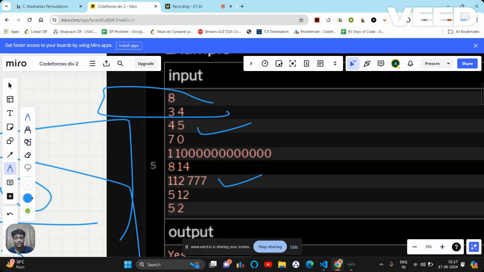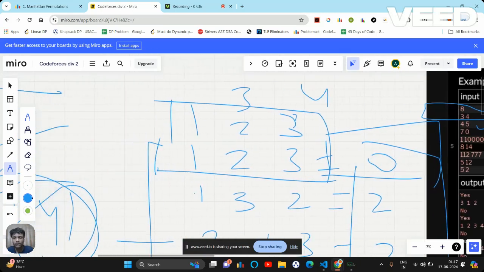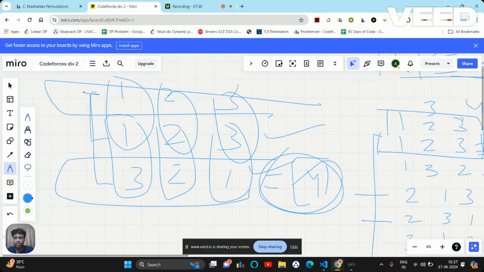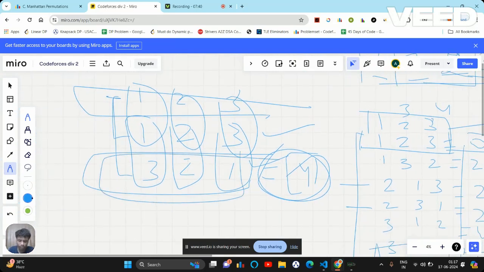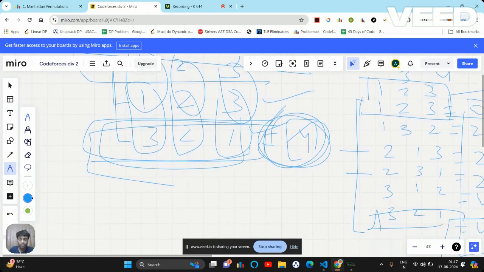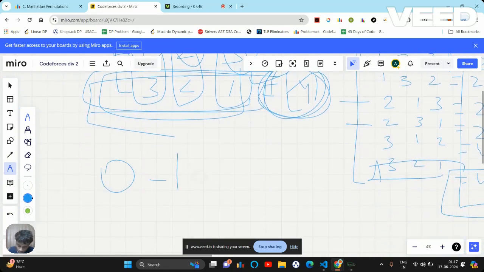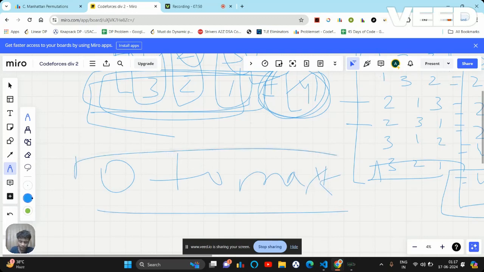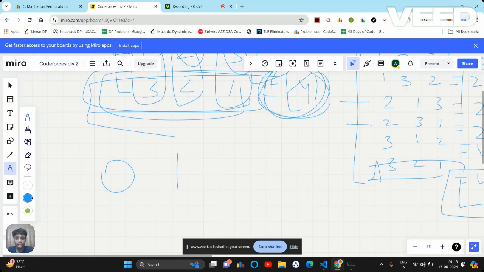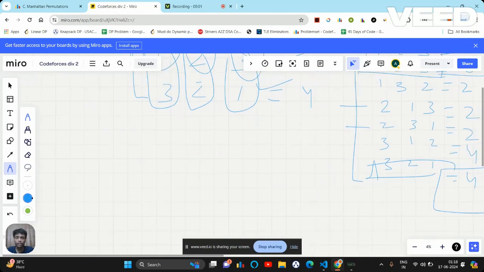Or the second is, I will find what max value of the permutation I can get. In that case I'm getting 4, so I will first calculate 4. Means the range of k should be from 0 to my max k. If it is in that range, then only I can find it. If it is not in that range, then I cannot find it. I think it will be clear to you when I'm going to get no.